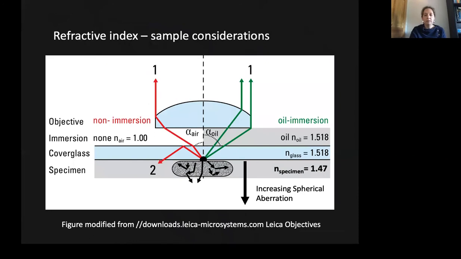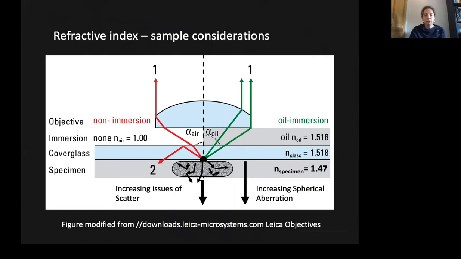Furthermore, if the specimen, which includes the sample and the surrounding mounting media, is not of a uniform refractive index, the imaging will suffer from spherical aberration and lateral scattering. It should be noted that biological samples are highly scattering, because they're a collection of high refractive index molecules, such as lipids and proteins, in a low refractive index aqueous solution. Again, the aberrations and the light loss due to scattering will be worse the further from the cover slip you image, and the bigger the refractive index differences the light encounters.